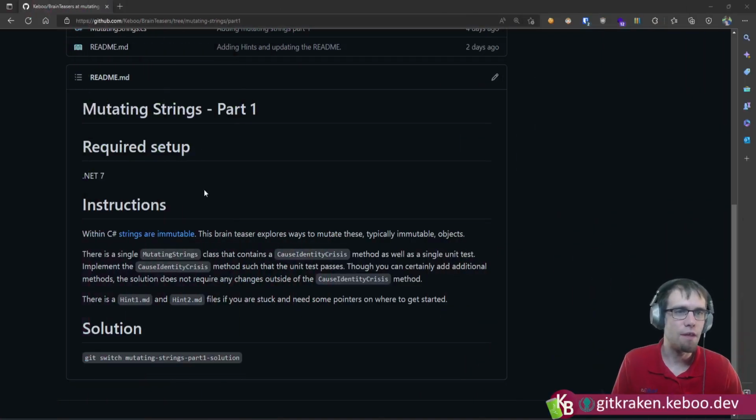So, here we have the Readme for Mutating Strings Part 1. We can see from the description that in C#, strings are immutable. By definition, that means they cannot change once you create them. However, in this brain teaser, the goal is to actually violate that and make a string change. So we can see a brief description of the setup, but let's just dive in and take a look at